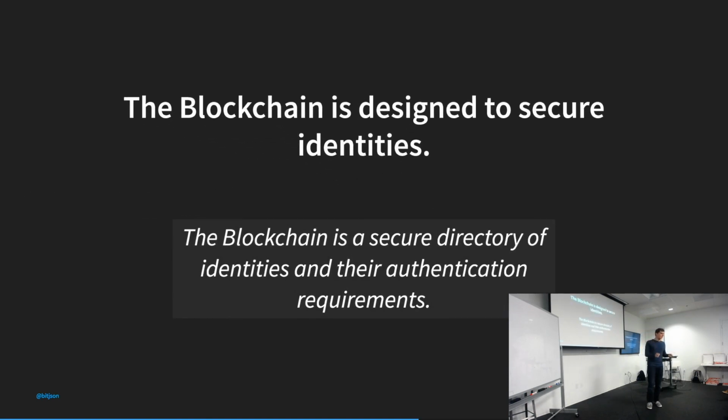I would say that the Bitcoin blockchain is actually specifically designed to secure identities, right? If you look at the contents of the Bitcoin blockchain, we've just discussed that when you send Bitcoin to an address, you're sending Bitcoin to a locking script. When you create a new transaction, you're unlocking that Bitcoin and sending it to a new locking script. The Bitcoin blockchain is one giant secure directory already of identities and their authentication requirements. Right? You can send Bitcoin to a different identity, and it's got authentication requirements coded right there. The Bitcoin blockchain is a secure directory already, and it's built to be just this, a secure directory of identities